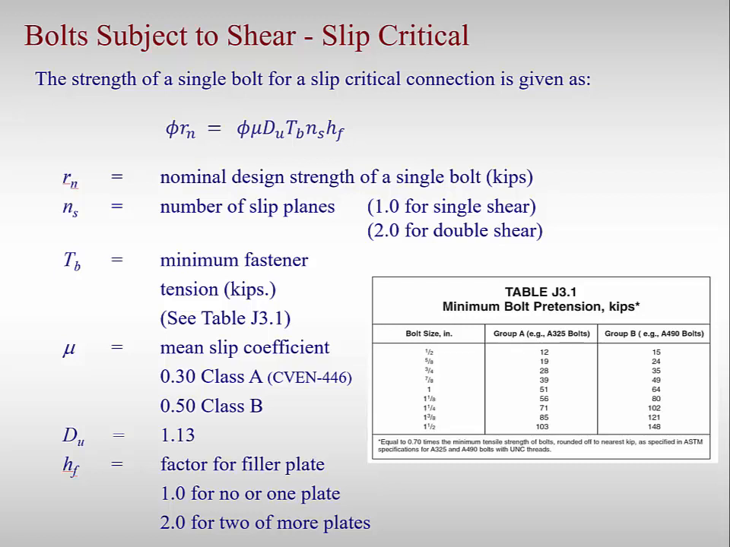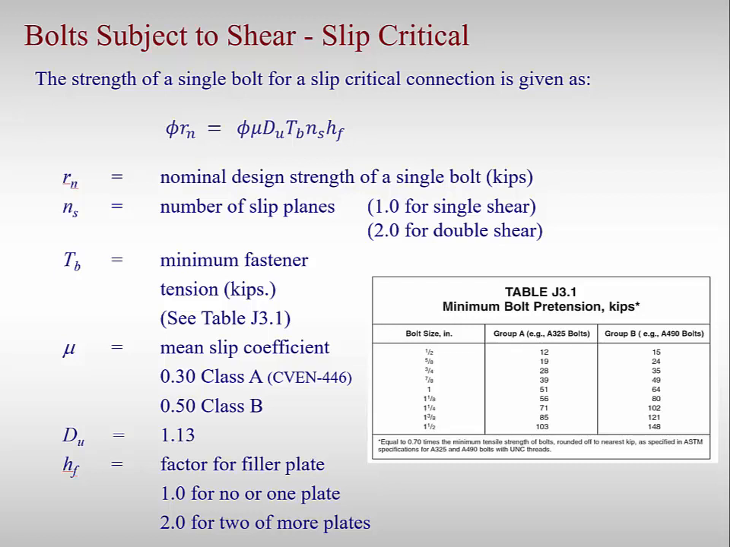Again, this formula calculates the slip critical design strength of a single bolt. Note the use of the term slip planes. This is similar to the number of shear planes, but slip is used since the bolts do not go into bearing nor form shear planes. The combination of the tensile force in the bolt times the coefficient of friction gives you the frictional force. This is the same as mu times the normal force you should remember from your statics course. The minimum fastener tension is given in AISC table